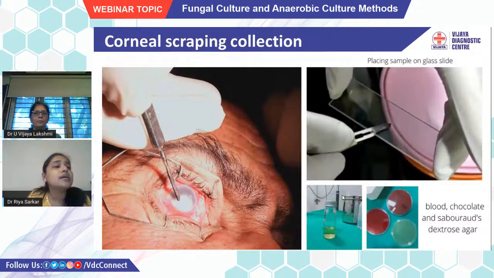I would like to make a special mention of corneal scraping collection. Whenever you do a corneal scraping collection, try to place it on a glass slide and send it to our laboratory in a moist